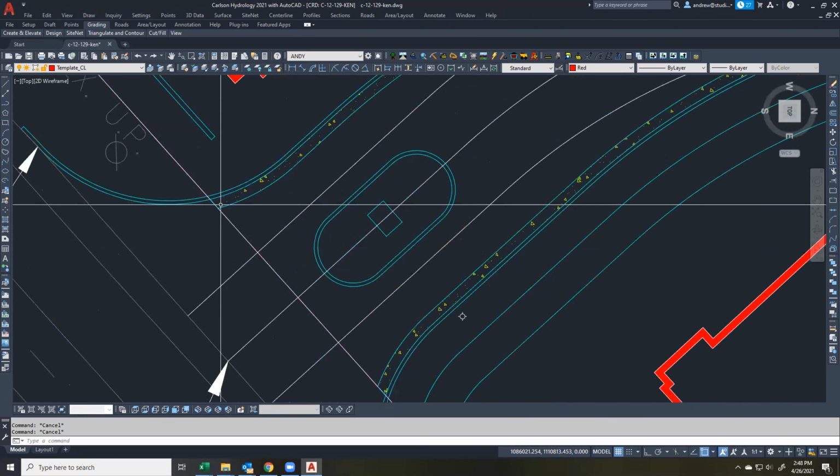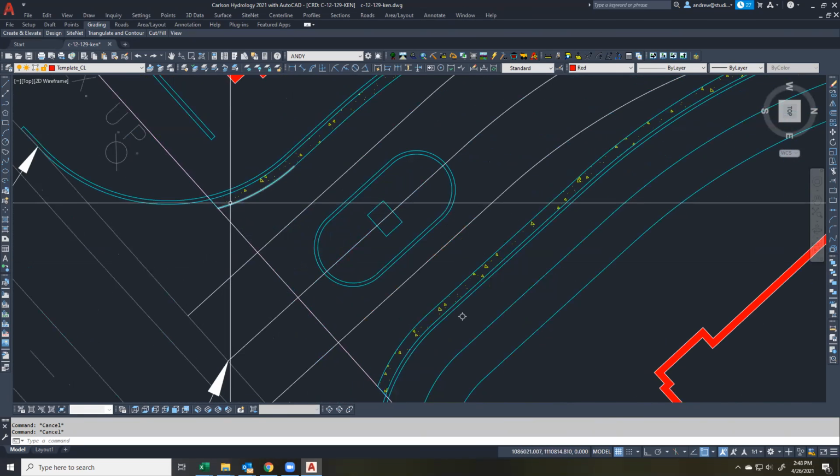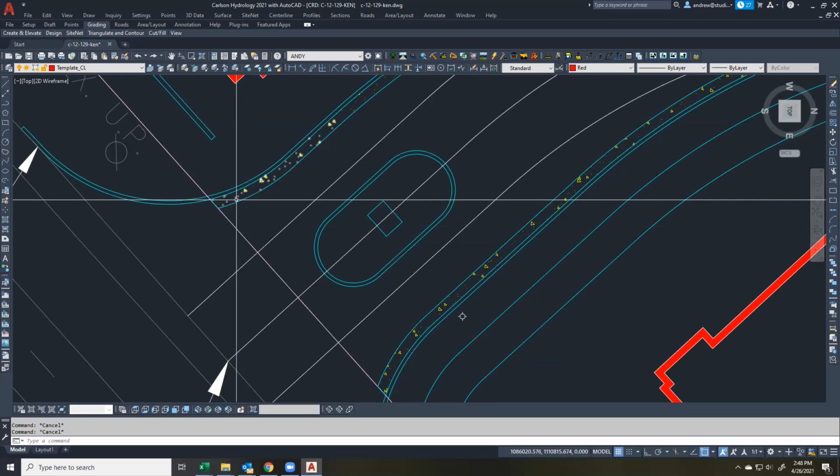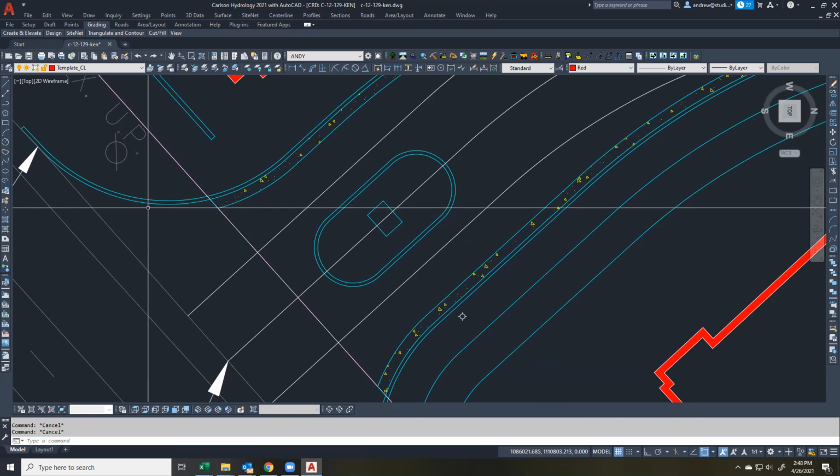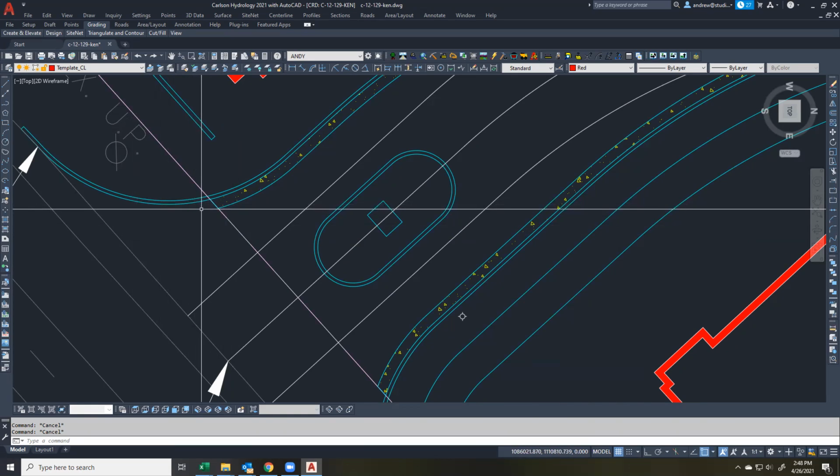But the other way is you're going to extend that edge of pavement line all the way out to the edge of pavement, and we take that all the way around. You just temporarily extend that line and then cut it off later. Yeah, but hang on a second, I'm trying to